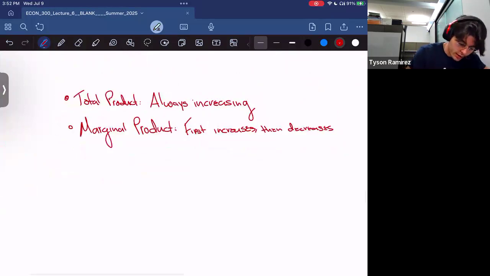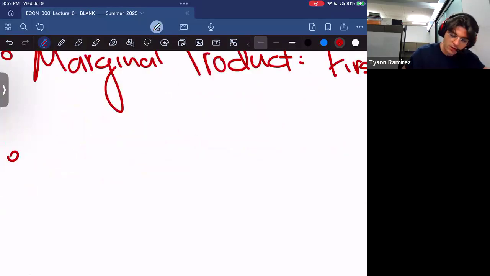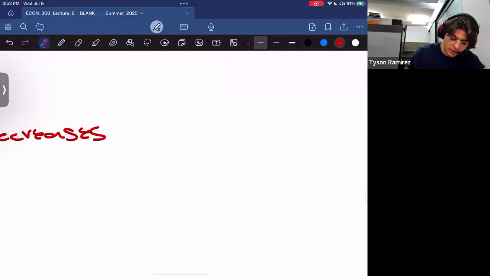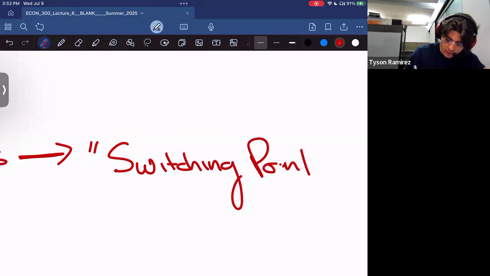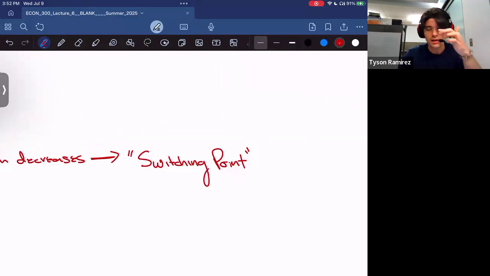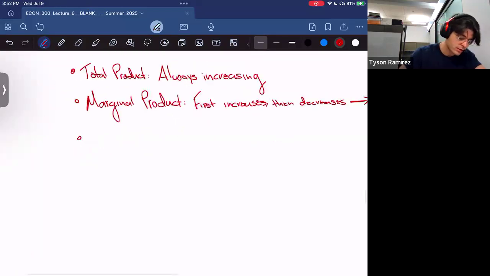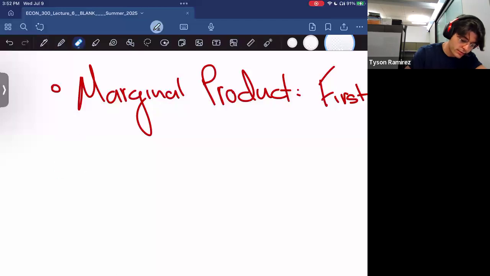I just want to say that it first increases, then decreases, that there is a switching point. There's some switching point at which an additional worker is not the marginal product from the next worker is not as great as the one before him or her. So some intuition for this